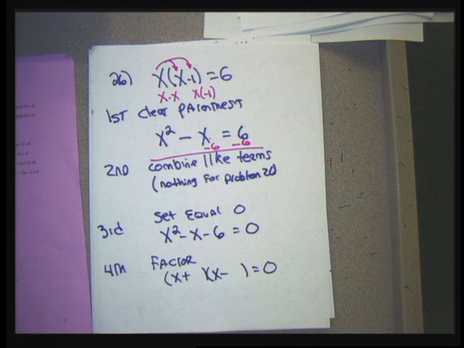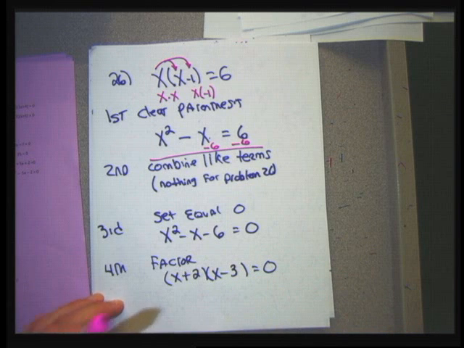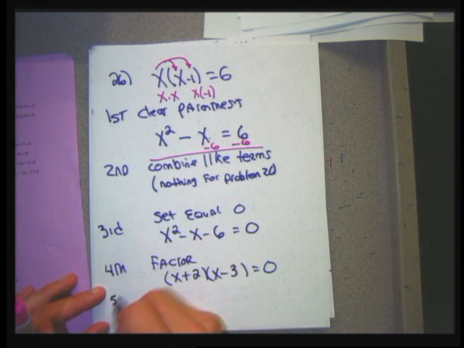2 and 3 are perfect. The 2 should be positive and the 3 should be negative. My lasts need to multiply to 6, subtract to 1. The bigger one needs to be negative. So 2 and 3 are the perfect lasts. So once you get it factored,